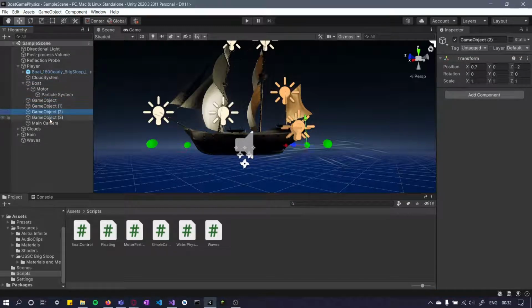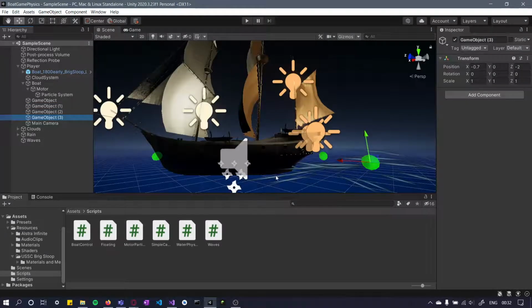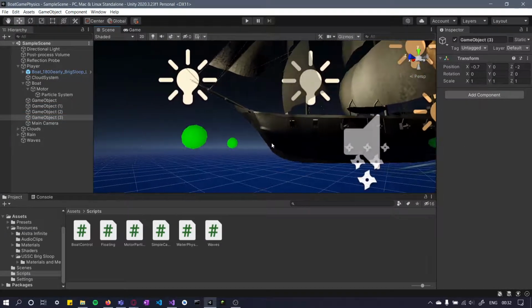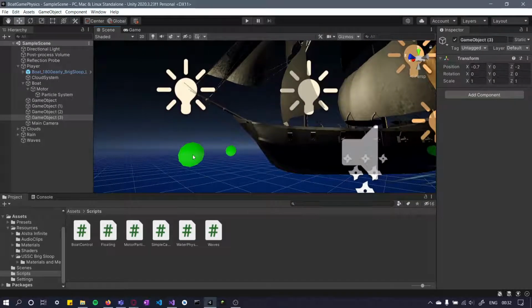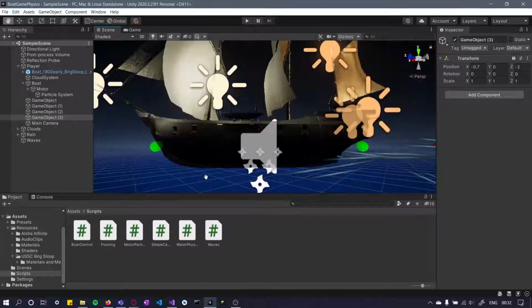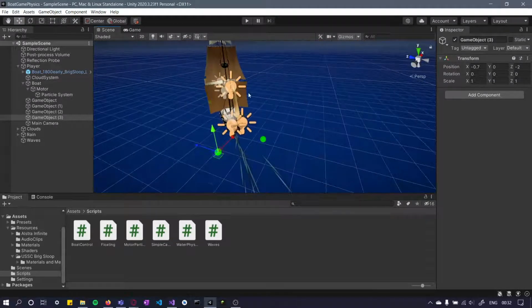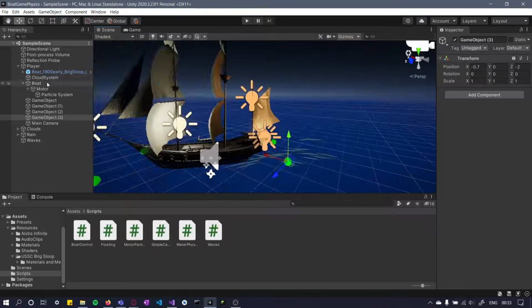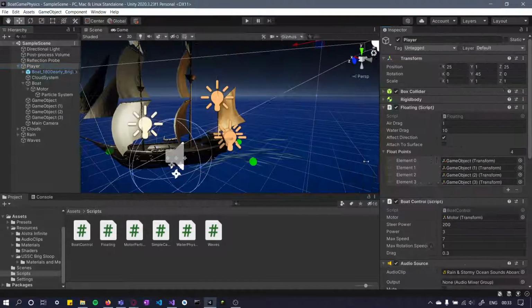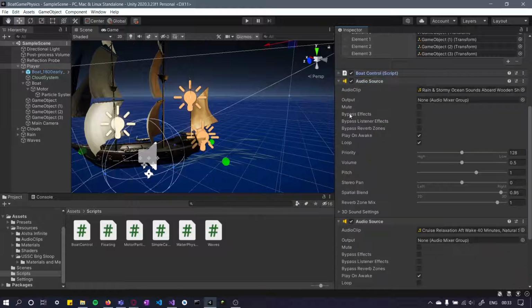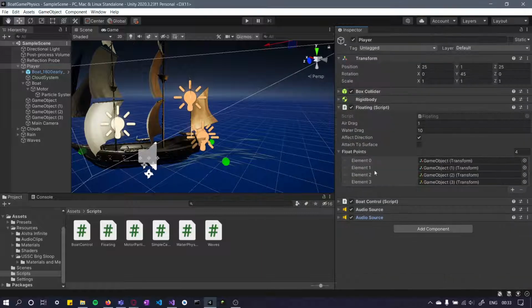These game objects are used to find the bounding box of the object. So the boat itself, we want the boat to sink up till this point. So we use the height of these four game objects, which are simply anchors used for the back end of the scene, and we can set them at this particular position here. And once we find the positions proper, we can use what is known as a float script. So here we have a boat control script which allows us to control the boat itself, and we have a